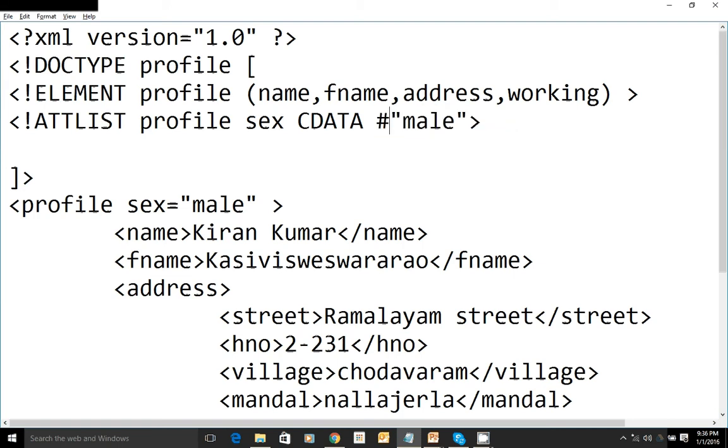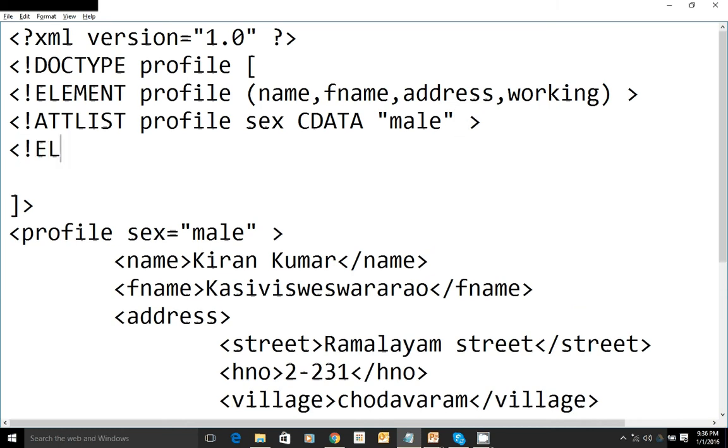If I say #REQUIRED, it is mandatory: the attribute must be present in the profile tag, and we don't care what value they assign. Suppose you say #IMPLIED, it means this particular attribute is optional. The XML document may or may not have this attribute. That is what is meant by #IMPLIED. For the sake of this example, let me write the direct value male as the default value.